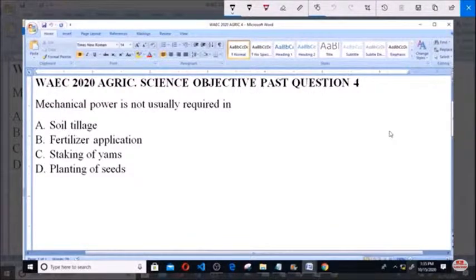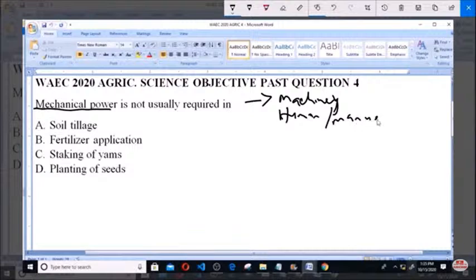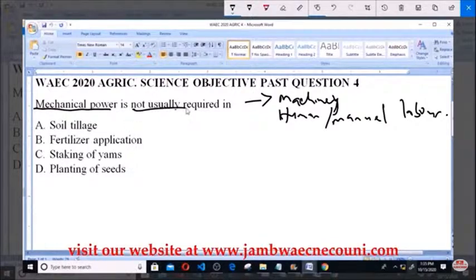Mechanical power is not usually required in A. Soil tillage, B. Fertilizer application, C. Staking of yams, D. Planting of seeds. So mechanical power involves the use of machinery in farm operations rather than human or manual labor. So we're asked here, which of the following activities does not usually require